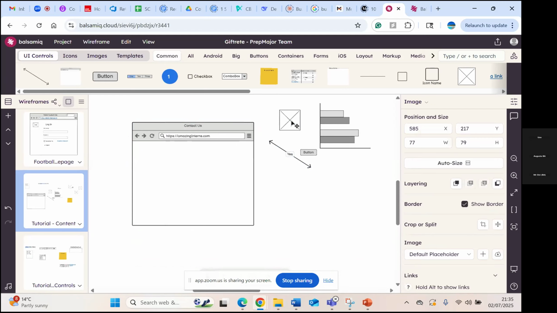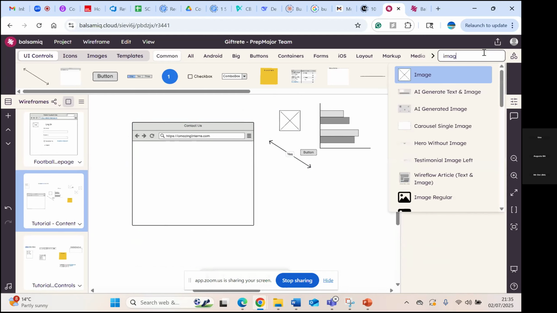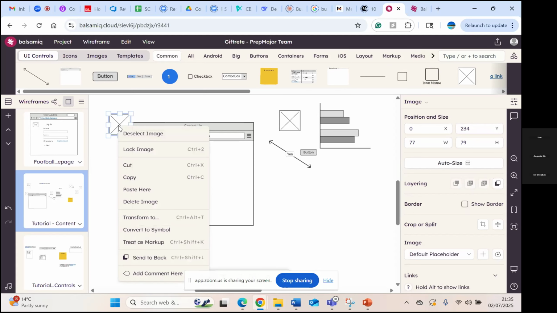This is the wireframe that we typically use for images. Okay. So let me look for image here. It could be an image that is a logo. Once you have it on here, you can,